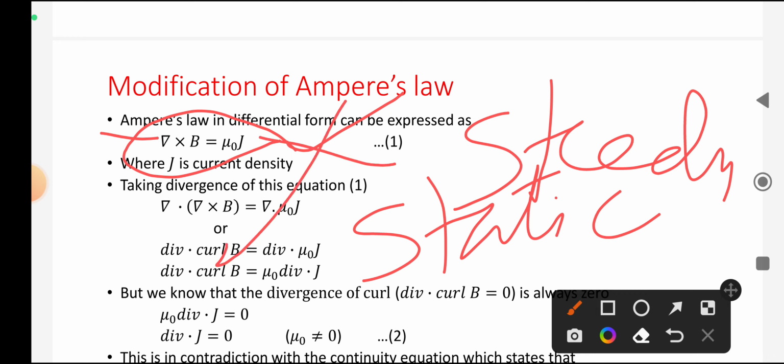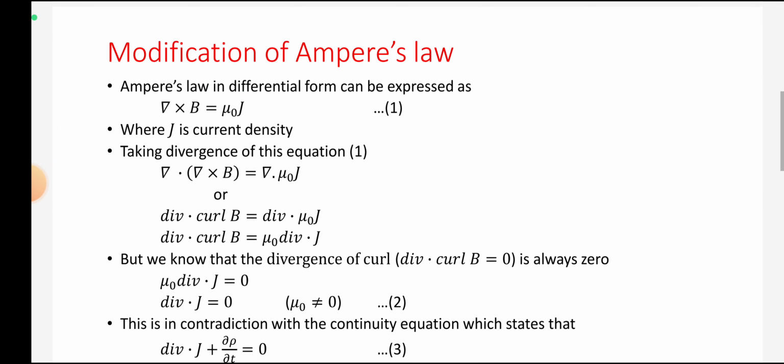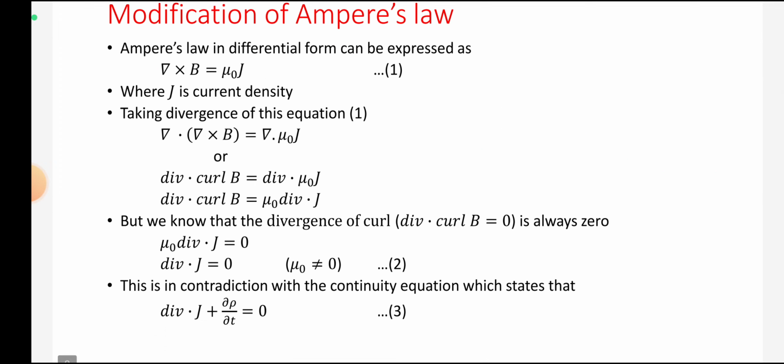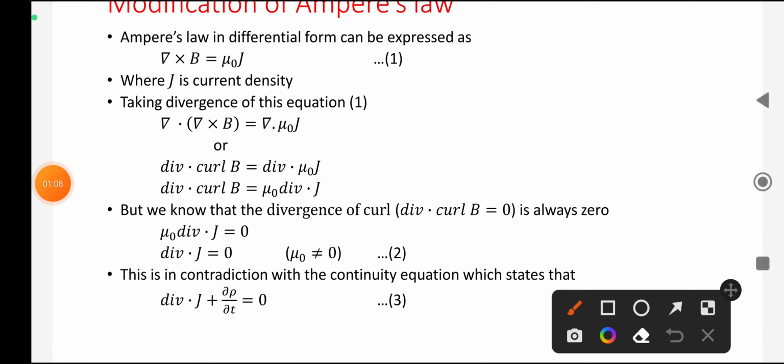Okay, so which equation validates not only steady current but also changing current? That is the modification of Ampere's law. So now I am going to modify this. First let me check whether it is valid for both or not, whether it is valid for only steady current or changing current. Let me check. So for equation 1,